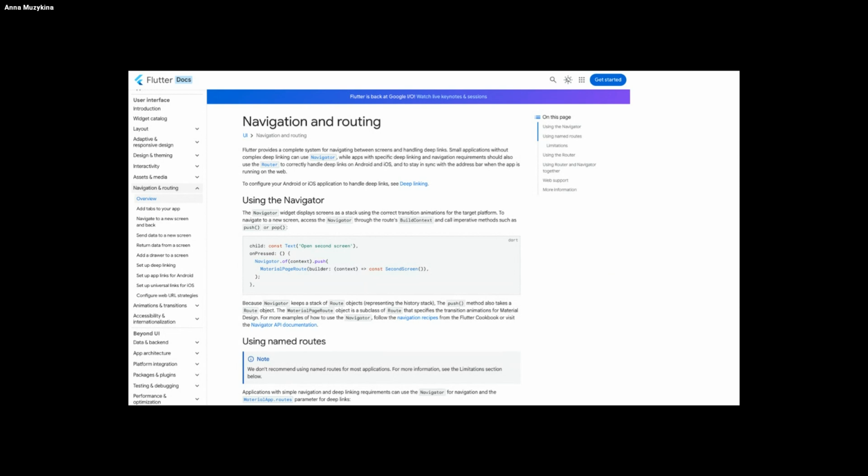So, what to choose depends on your project, on your skills. But as for me, I have experience with GetX routing, and for me, it provides an excellent balance of simplicity,